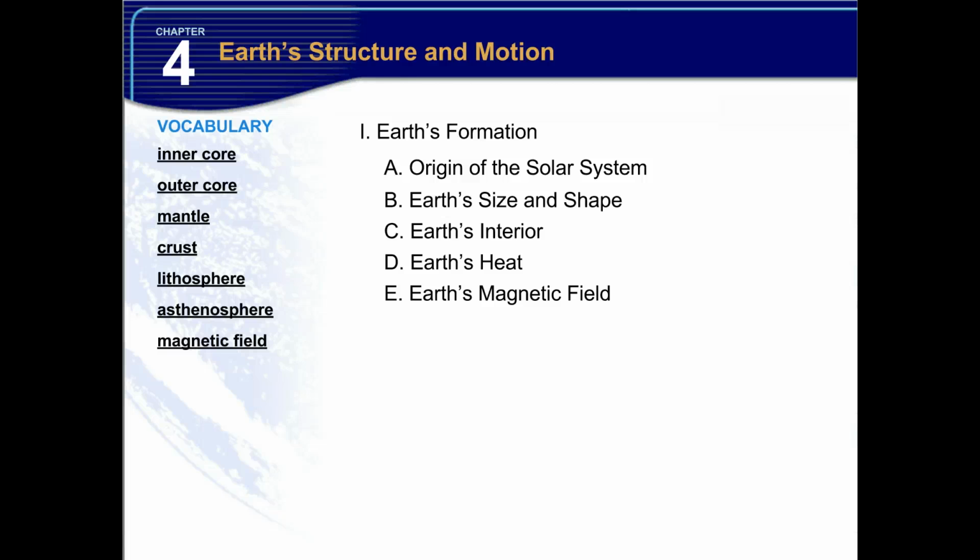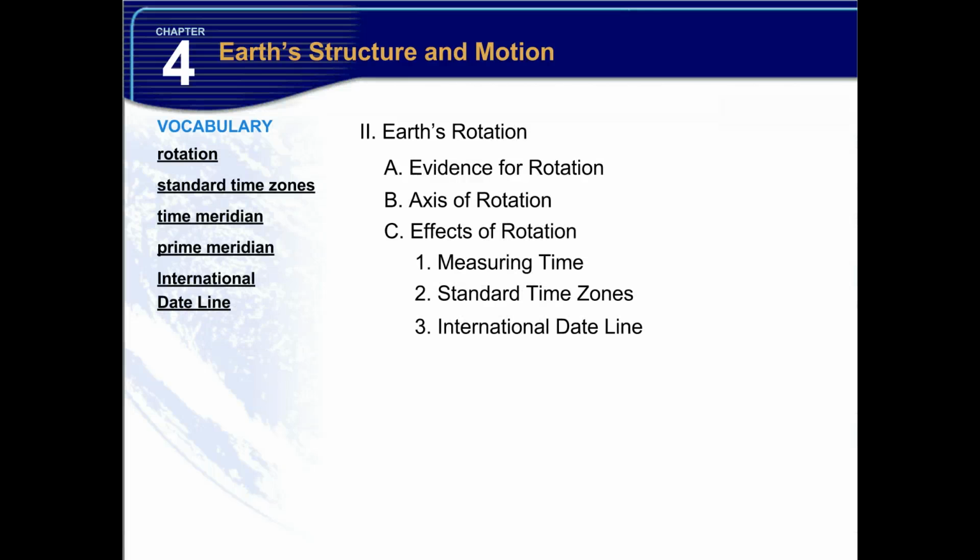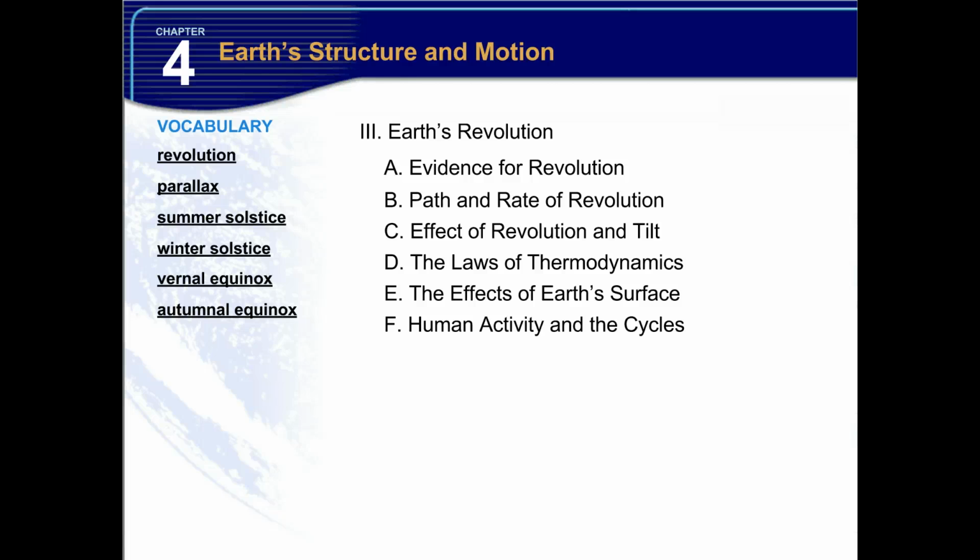To recap this chapter, we have Earth's formation and there's an outline. Origin of the solar system, Earth's size and shape, Earth's interior, Earth's heat, Earth's magnetic field. The second section was Earth's rotation, evidence for rotation, axis of rotation, effects of rotation, measuring time, standard time zones, the international dateline. And then Earth's revolution, evidence for revolution, path and rate of revolution, effect of revolution and tilt,